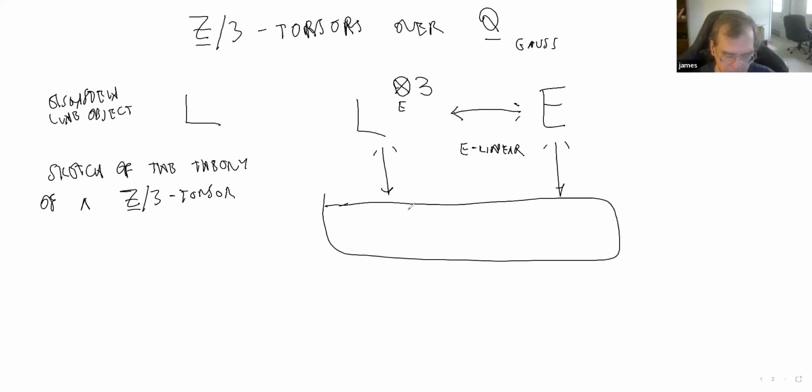And these vertical arrows here are supposed to be induced by, they're coming from an isomorphism between L